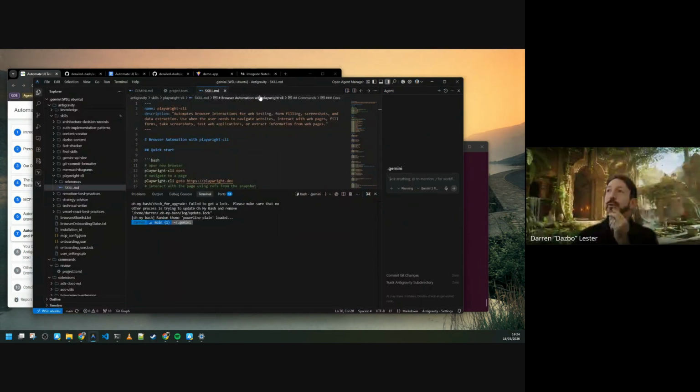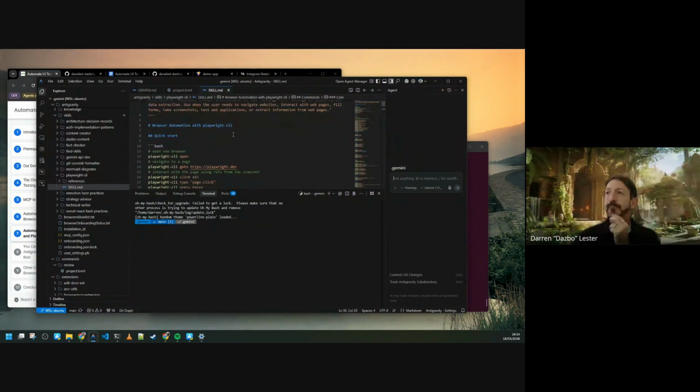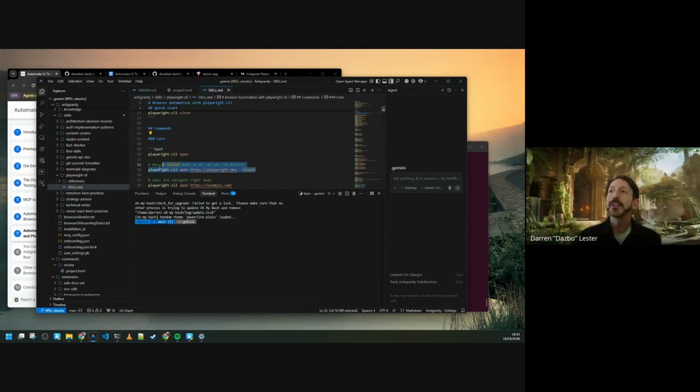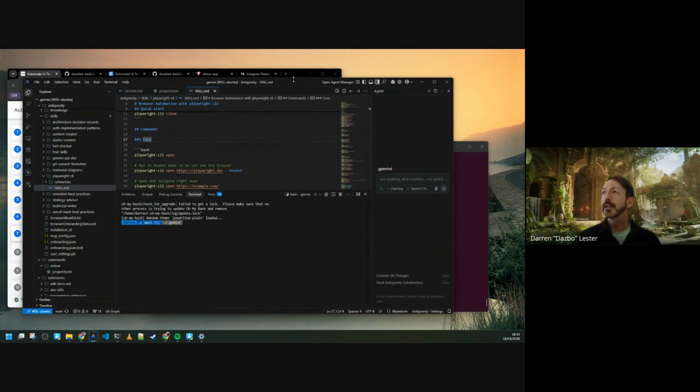So this was the skill that you've downloaded. If you scroll down to the core section, you can copy and paste this out of the lab, but I've already done it. All I've done is copy and paste, and I've put in this one line that says, if I want to run in headed mode so we can see the browser, this is the way you do it. That's all I had to put in the skill, and that is sufficient. Now, once you've added that to the skill,